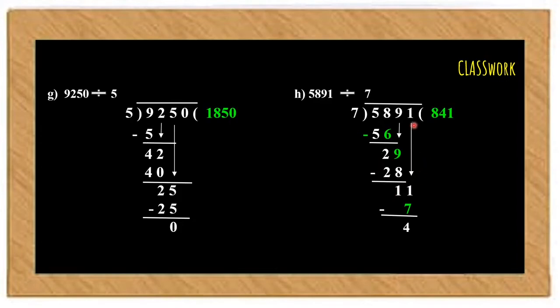We bring down the fourth digit of the dividend, which is 1, to obtain 11 as the new dividend, which needs to be divided by 7. 7 multiplied by 1 gives us 7 as the answer, children, which is a number just smaller than 11 in the table. On subtracting 11 and 7, we obtain 4 as the remainder. So, our final quotient is 841 and the remainder is 4, children.